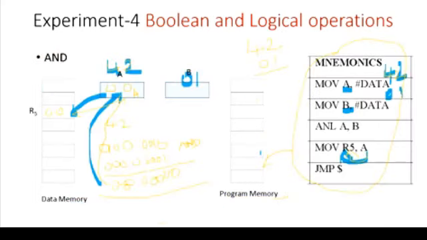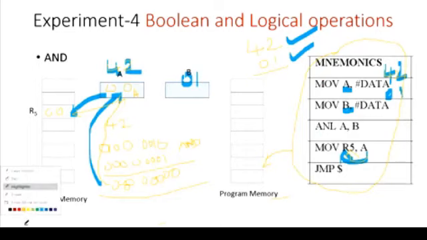So I'll go to the next one, which is the AND operation. Okay, in AND operation, what you are doing? Same procedure only. We are taking two 8-bit numbers, 42 and 01. 42 is one number, another number is 01, and both are hex values. And these numbers are loaded into accumulator and B register, and then you are using this instruction ANL.